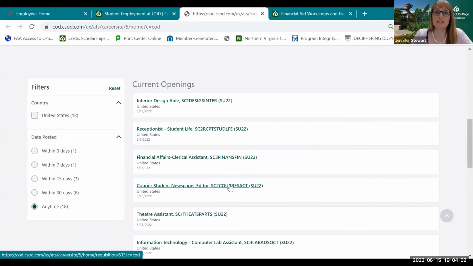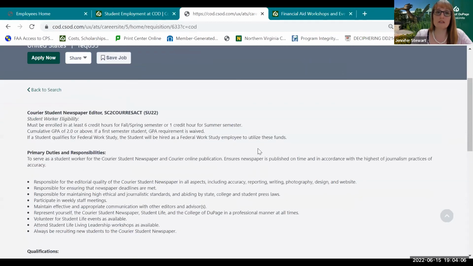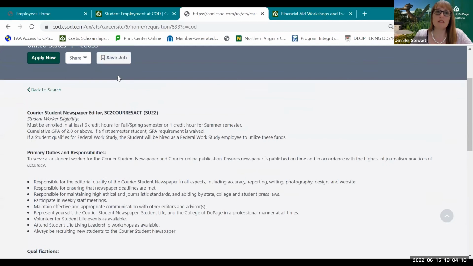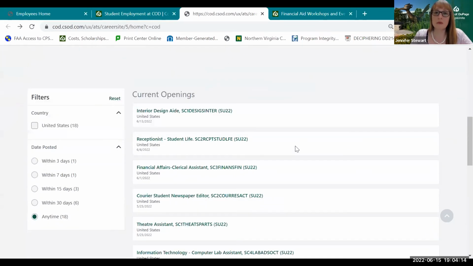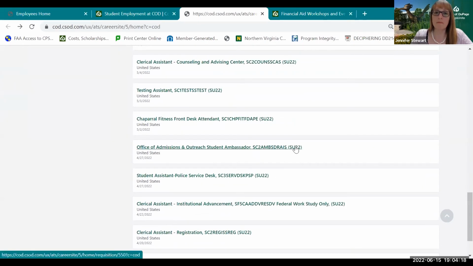So if you are interested in, say, the Courier, you can go ahead and click on the link. It'll tell you kind of what the responsibilities are. And if you're interested in applying, you can click Apply Now. Okay, so again, you can go through and see what types of jobs are out there. As you can see, this one is federal work study only, which means you'd have to have that federal work